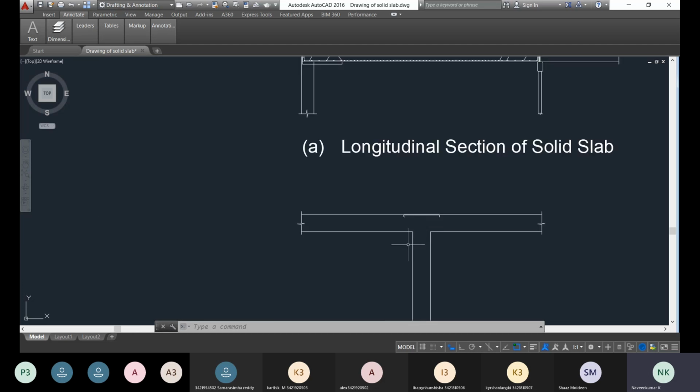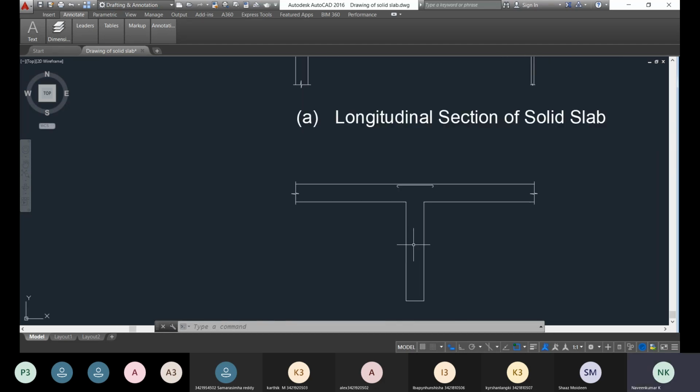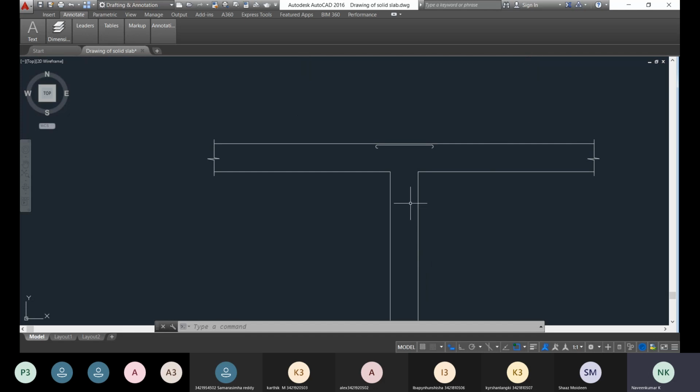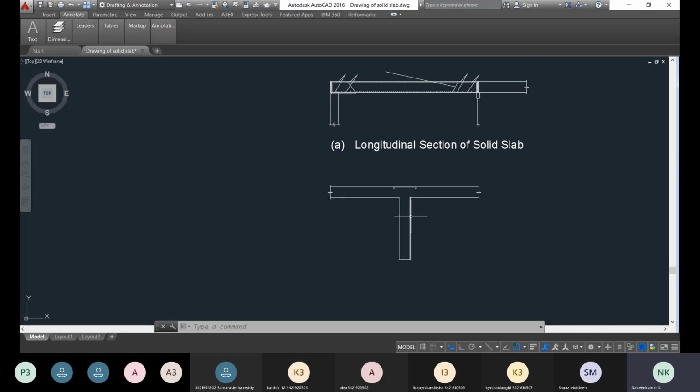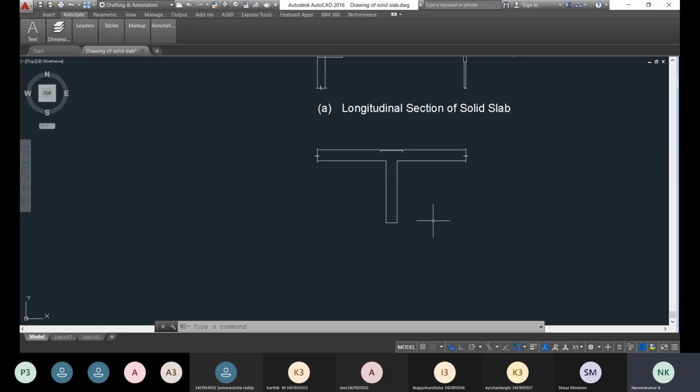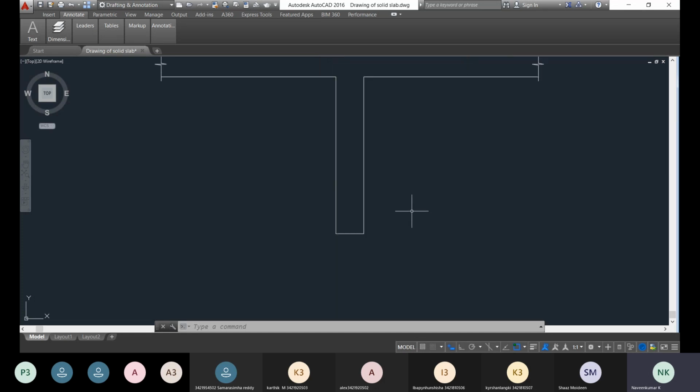Now the flange is there. The flange also has to be reinforced, right? So the same concept you can follow. The 30 mm is the clear cover, which is provided between the reinforcement and the outer surface of the structural member.